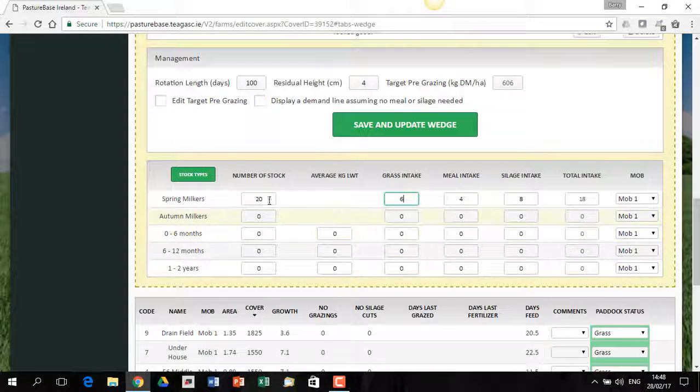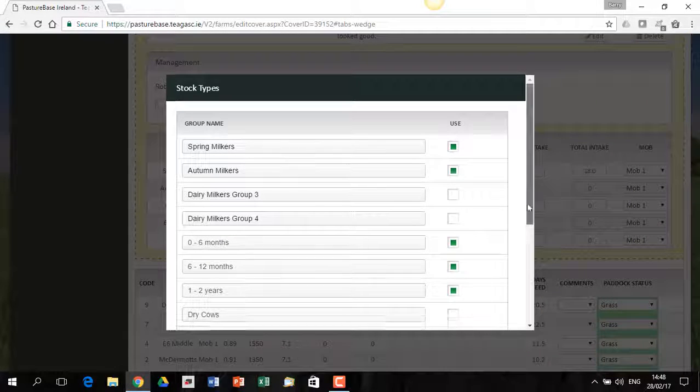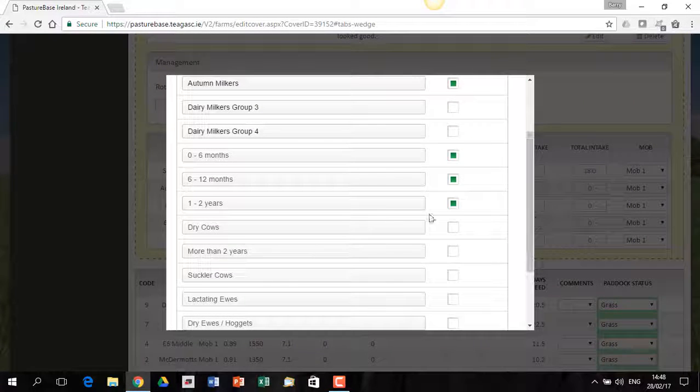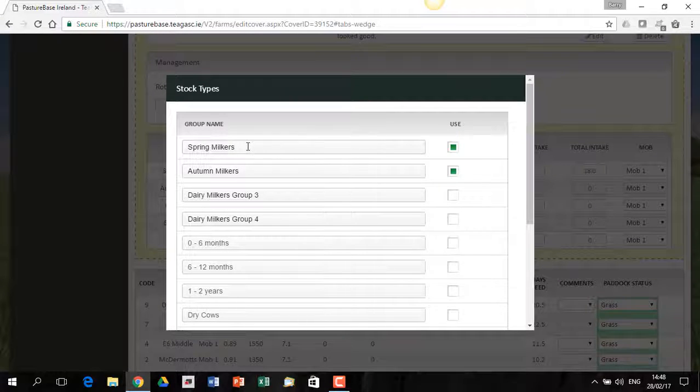One of the things to point out here is, you see the way we have a number of different stock types on the farm. A very useful button in PastureBase Ireland is stock types, because if I click on stock types, it'll bring up all the stock types in the system. And if I come down here, I can say, well, I don't have 1 to 2 year olds out, I don't have these out, I don't have these out. And I can go back up here and I can say I don't have autumn milkers. And you can actually change this if you want. If you want to call these,